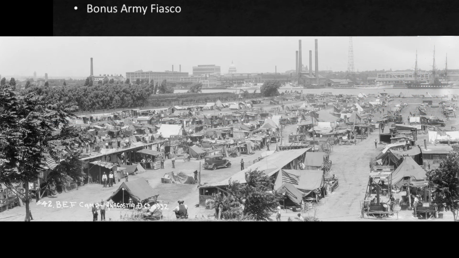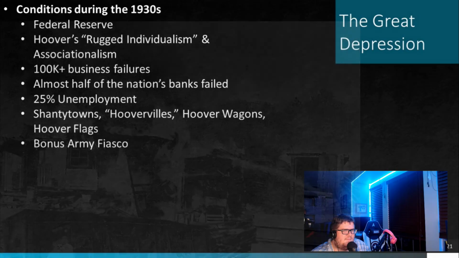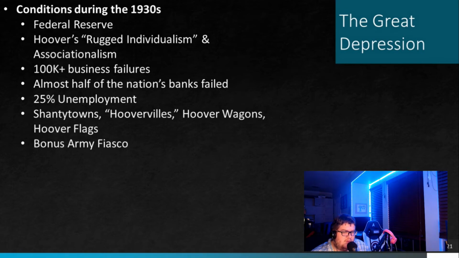Well, he orders General MacArthur, a to-be American hero, and by all means at this point already pretty well known from World War I as well, to go out there and burn the tents and get rid of the World War I veterans. Now, legally, the bonuses that were promised to the World War I veterans were not supposed to come due until the 1940s. So, yeah, they were asking for it early. Yes, they were. But I suspect they probably would have been okay with taking a portion of that bonus for their combat service. Nonetheless, they're pushed out of Washington, D.C.